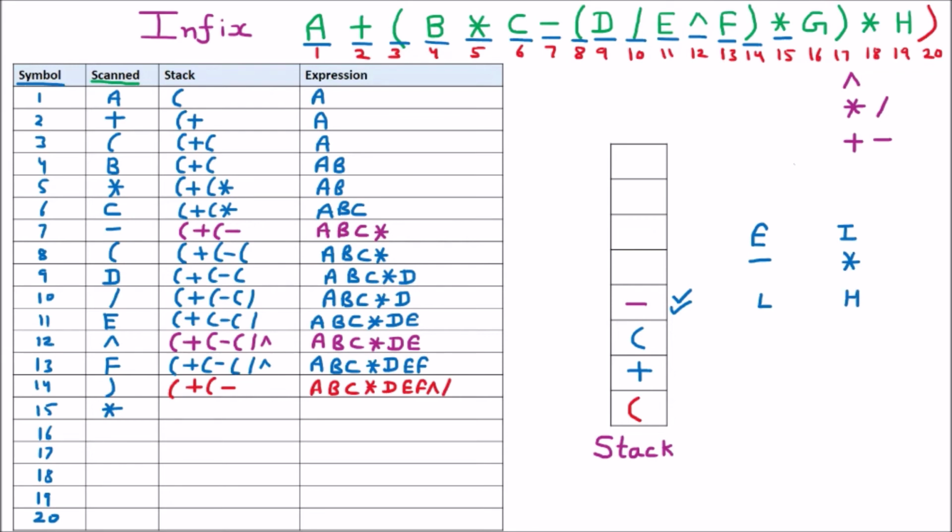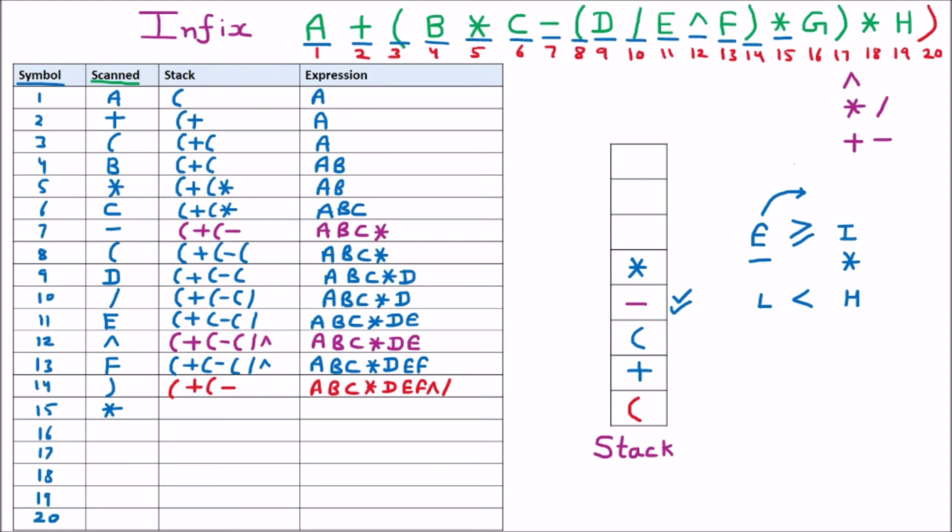If the existing has high precedence or equal precedence, then it will go out. But in that case it is the reverse. It has the low precedence, so nothing will go out. That means star will be coming at the top. So here the rule is not working. That means minus is not going out because minus is low. Low is there, high is coming, no problem.